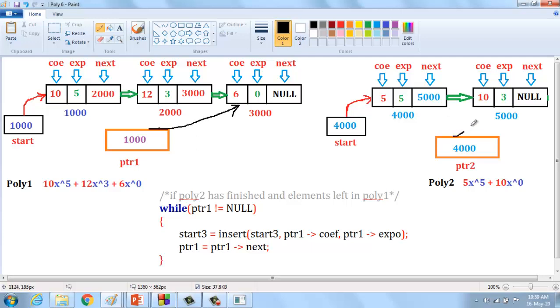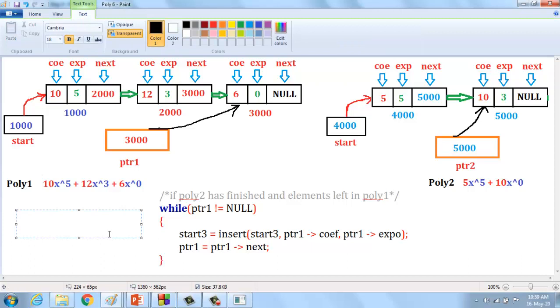For that case, here I am going to change 3000, just as an example for teaching you. If 10 and 5, where 5 is the exponent, and here also 5, I get the output as 15, x power 5.